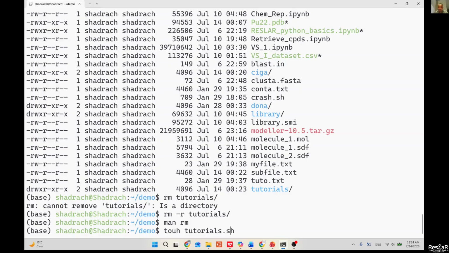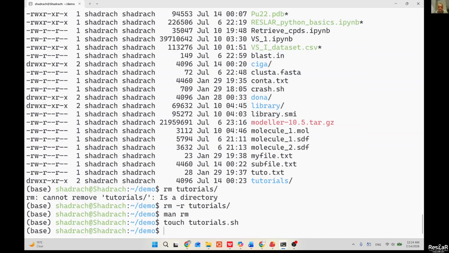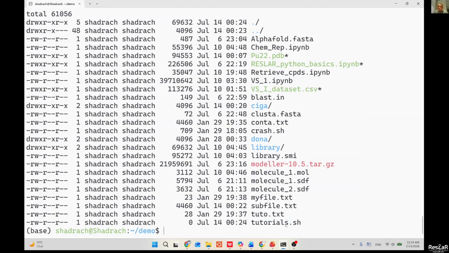It's an extension. Sorry, I forgot a C. Now, if I touch this, it creates a file called tutorial.sh. I'm not sure whether it's going to work because I'm not sure I have touch installed. Oh, it worked. Now, it's going to create tutorial.sh, but the file is empty. So that is one way, you can easily create a file by just touching it with the extension